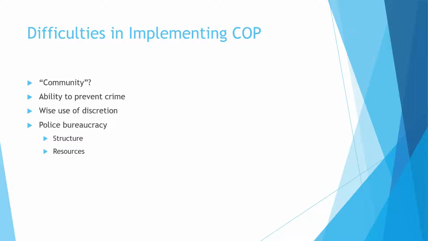Resources, again: how much can they do to prevent crime? How much can they do to form a community, to train their officers to use discretion? All of these things. The rewards. Are police officers actually being encouraged to engage in community policing? Do we reward officers who do good community policing? And how do we measure that? How do we know when they're doing a good community policing project? It's a whole lot easier to reward police officers for writing traffic tickets. And so that often is what gets rewarded, even though that's not community policing.